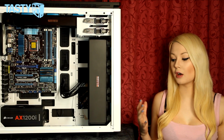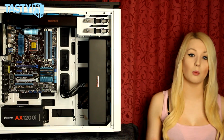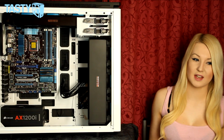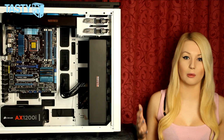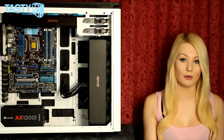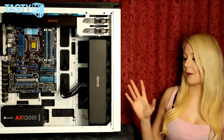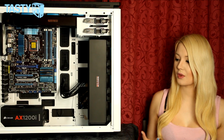And I do want to make it clear that even though I didn't give it an award, this isn't an awful case at all, and if you are willing to modify it, maybe get some sound dampening material or some plexi and block the holes that are the issue, or maybe cut away some of the metal covering the fan mounts, then this case is great and I would recommend it to you. But with it how it is right now, I just don't feel like it's quite there yet. But that was my review of